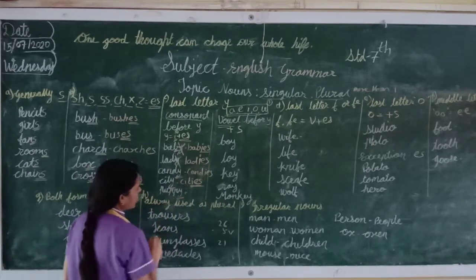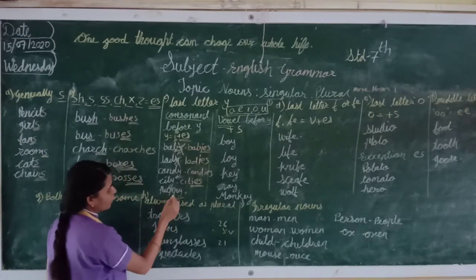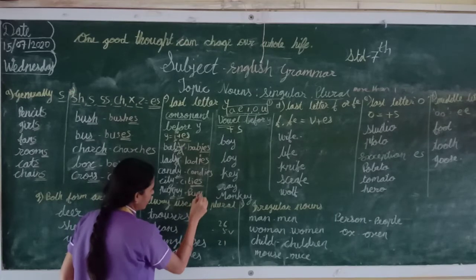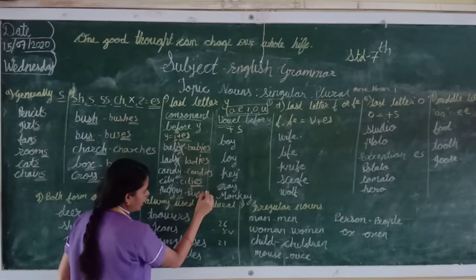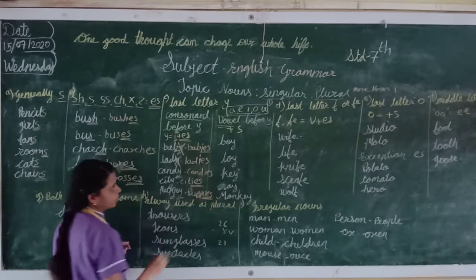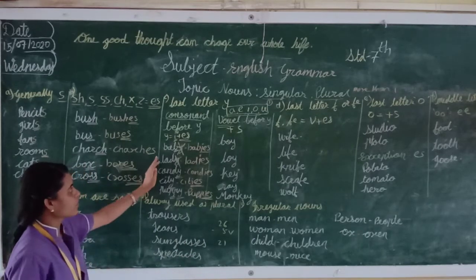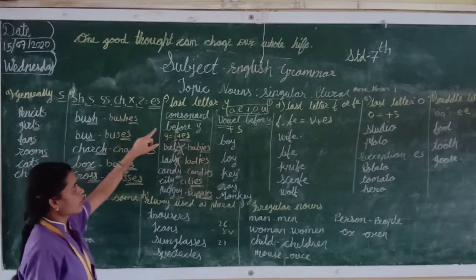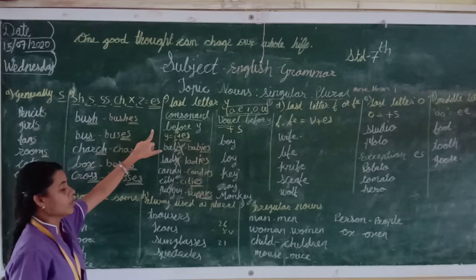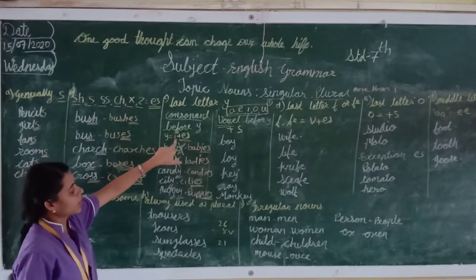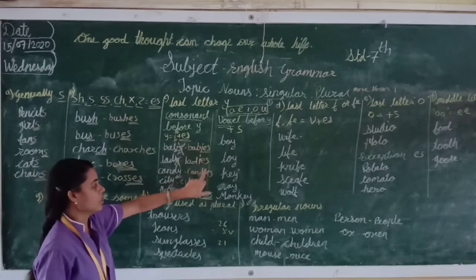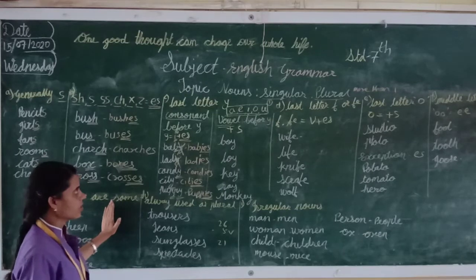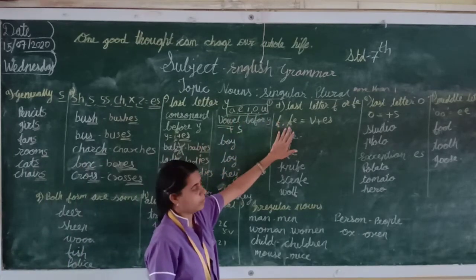Now copy. The last letter is y. Before y there is P. P is a consonant. So, copies: y converts into i, then write es. Okay. I hope you understood, students. When the last letter is y and before it is a consonant letter, what do we do? Y converts into i and then join es. Okay, students, follow these rules. It is very easy to make singulars into plurals.